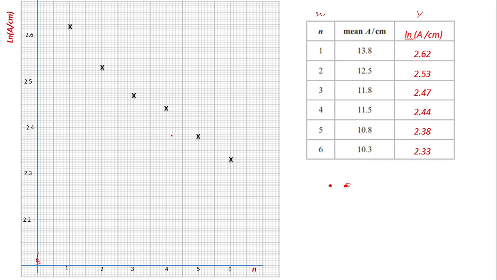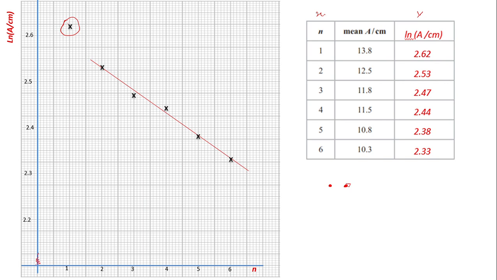And after that, we will have to plot the best fit line. Clearly, if you see these 2 points and these four, I'm taking these as anomalous results, because if I consider these, then my line will be slightly different. So I consider these as anomalous, and then I will plot the line in between these four. So that's how you can see the line is passing through these 3 points and equidistant from these 2 points on either side. So this is my best fit line. And this is my first part, plot the graph.